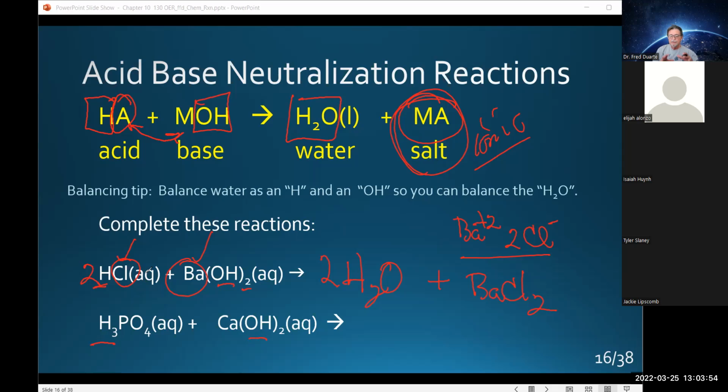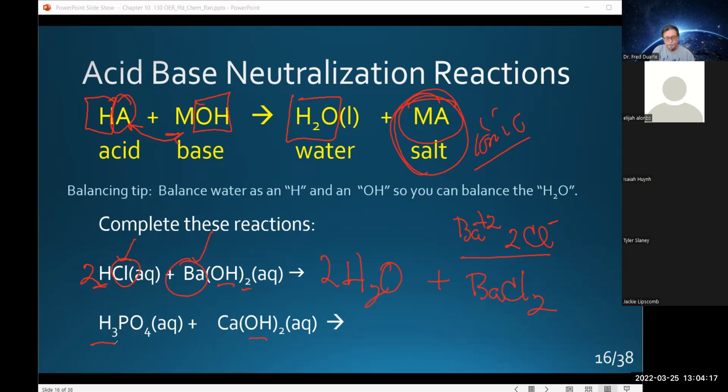How do we know it's an acid? Well, first of all, we got hydrogen written first. Then second, we got PO4, which if you look at the polyatomic ion, that comes from the phosphate ion. And in order for that phosphate ion to be generated, it actually came from phosphoric acid